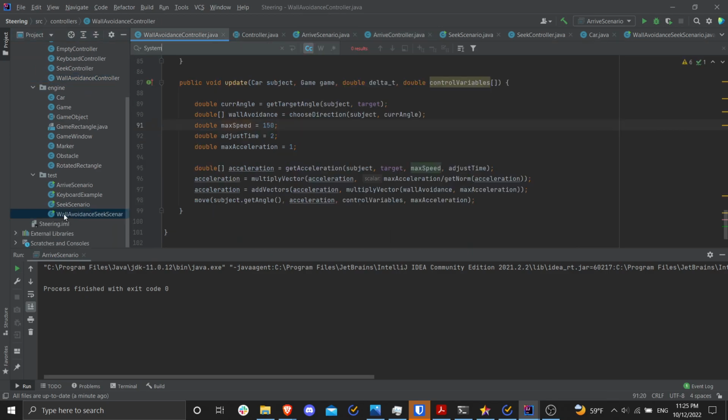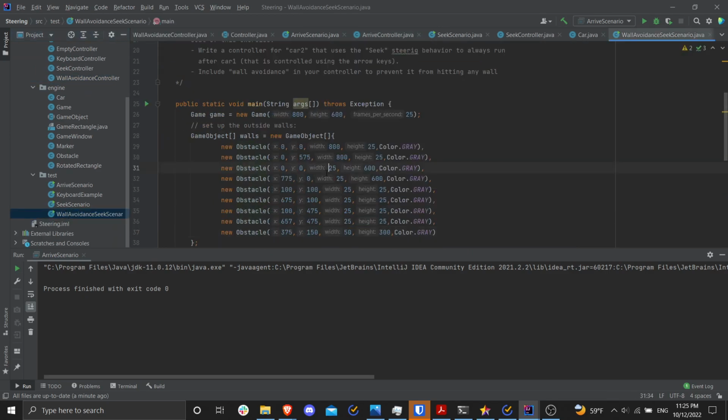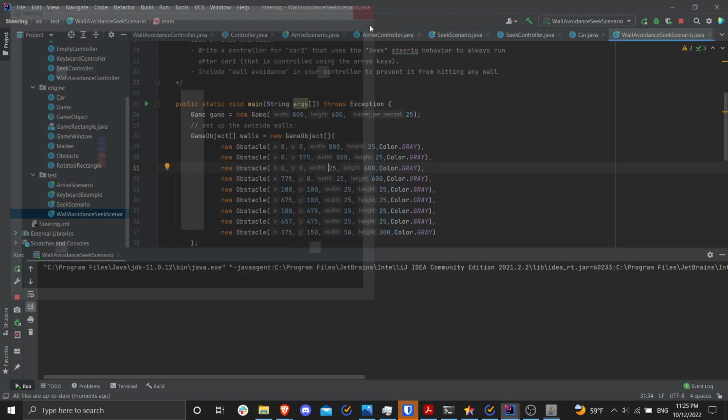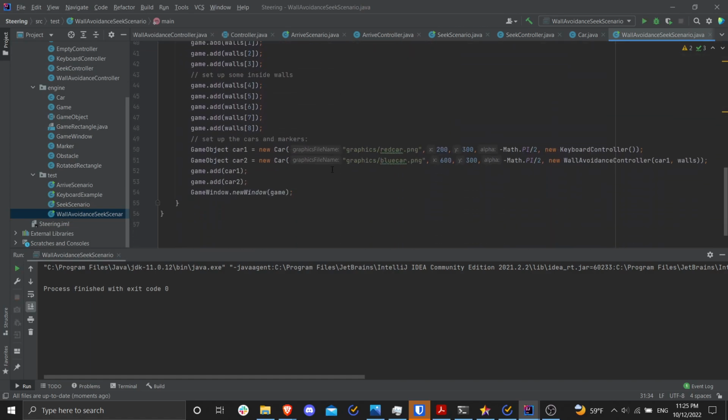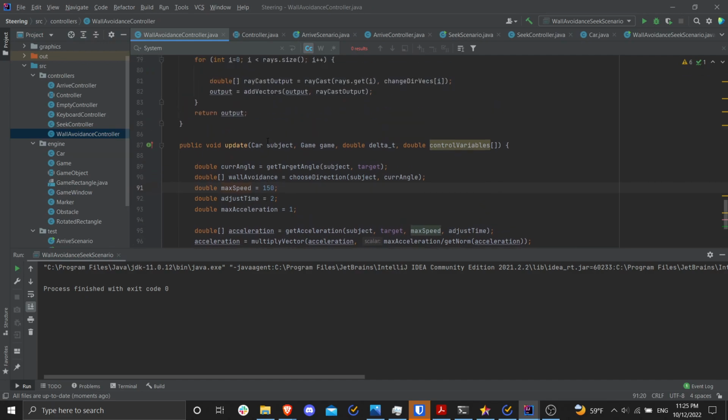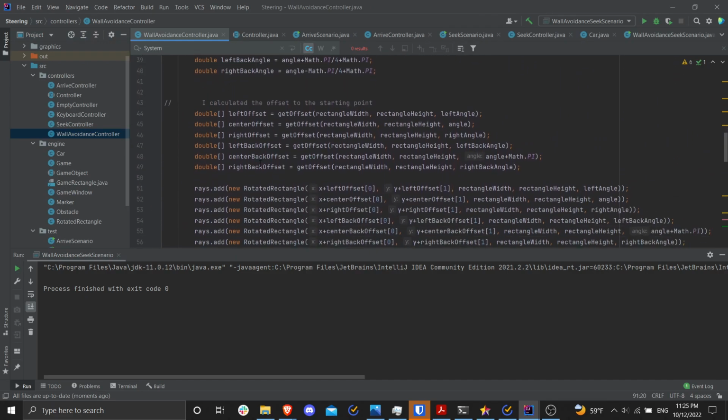Finally, for the wall avoidance, this was the most time-consuming one to set up because it was hard to figure out what the best parameters for everything were. But yeah, my main approach was, this was maybe an unintended approach, but